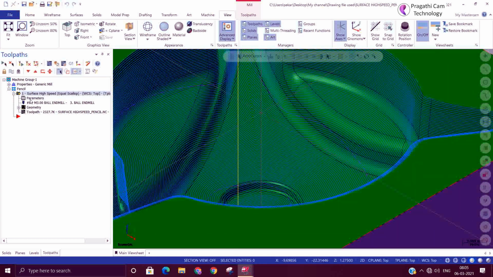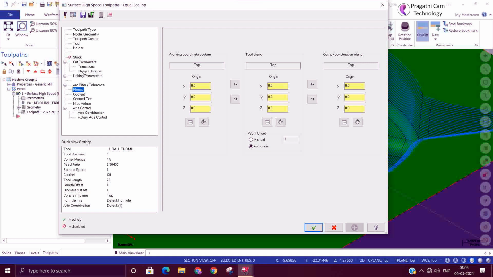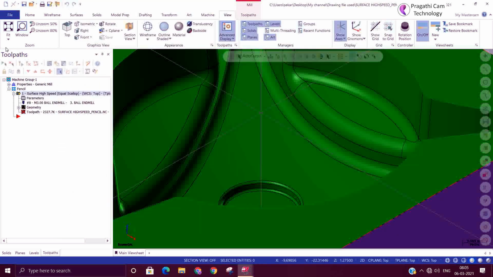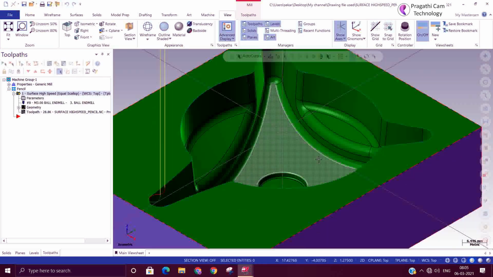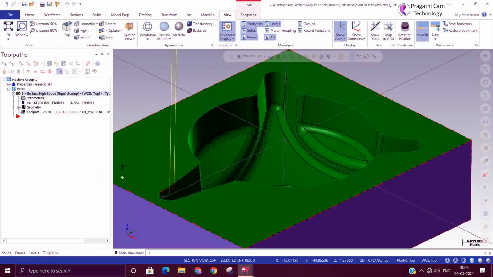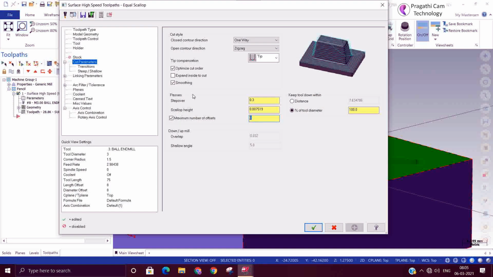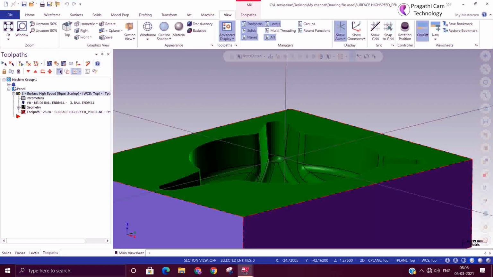Now we'll check what the number of offsets is. Now we kept 0. No toolpath, you can see. No toolpath at all. Now we'll keep 1 and check. So only 1 pass.